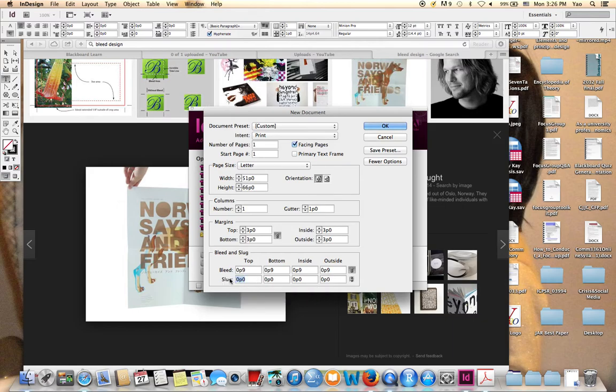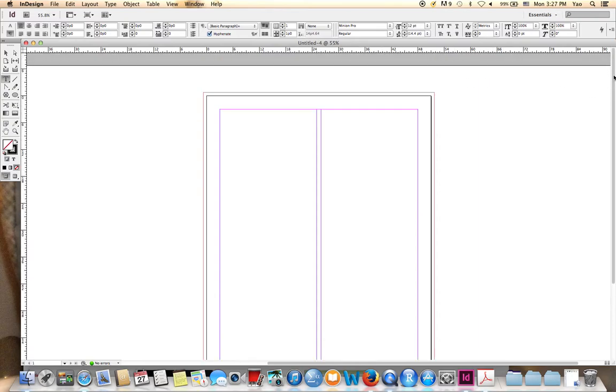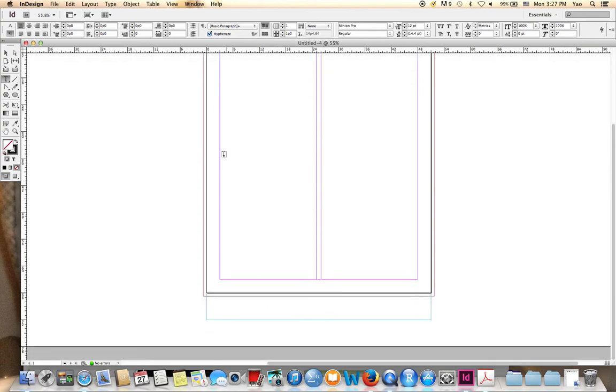So let's say we're going to have a 1-inch slug area in the top or in the bottom. Normally it should be in the bottom, so let's put it in the bottom, 1 inch. Now let's say, again, we want to have 2 columns. That would be a document that we created that has a bleed area all around, and then it has a slug area here. So everything put in the slug area, and you should remember that it's created by me,